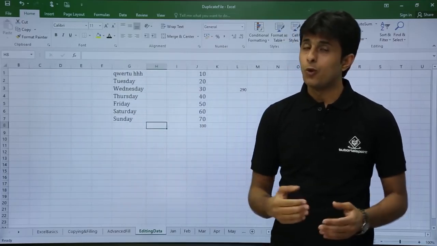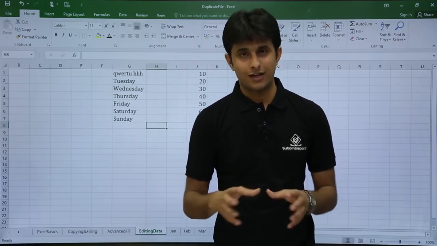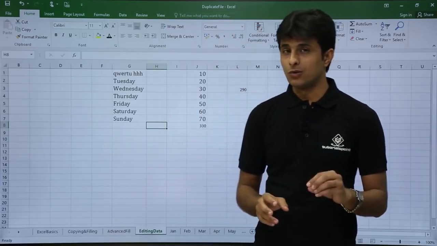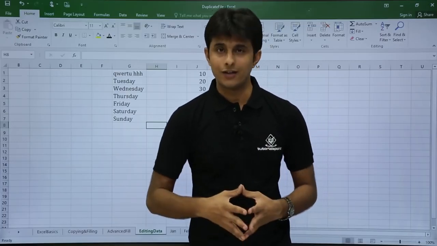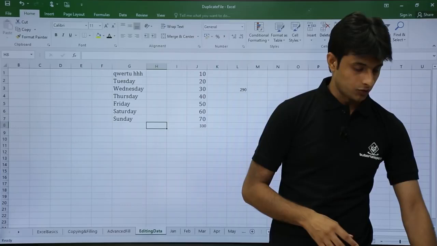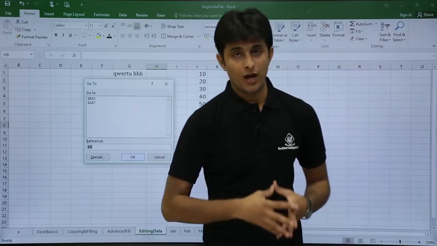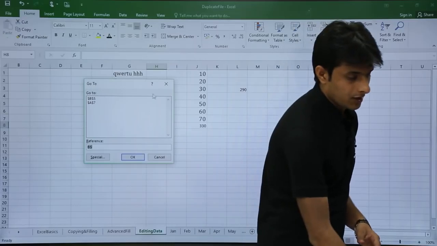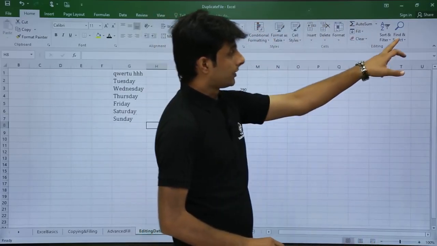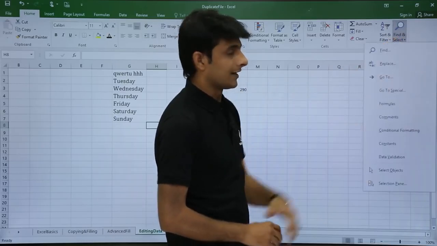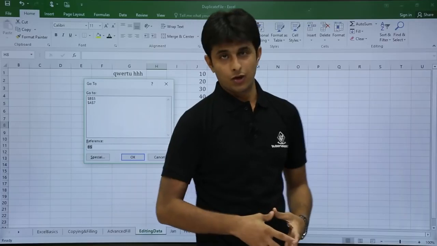Right? If you want to go a bit advanced in go to, you can use go to special. For example, if you only want to go to those areas where functions are written, you can go for advanced go to. So I'll press Ctrl G from my keyboard, that is go to. If you don't remember the shortcut, you have to use the long cut method. So I'll close this option. Here in the home tab, if you see find and select, there's an option given as go to. So in this go to, you'll get the same dialog box.